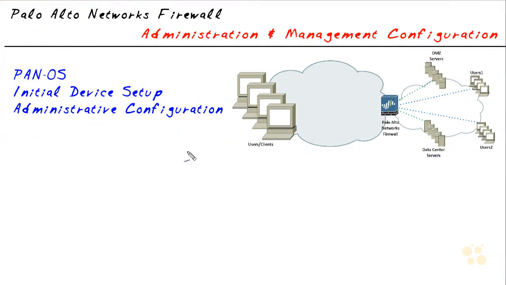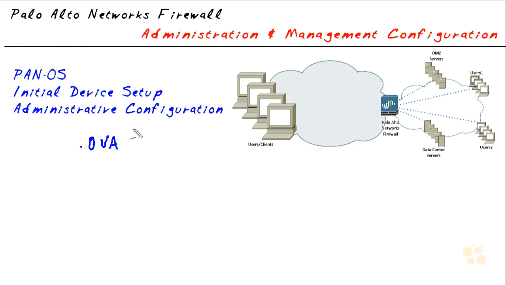Alright, so we've covered the physical side of things. Now we really have the same basic features for our device setup and admin configuration to do on the VM. Now, one of the things, of course, to begin with is an OVA file. That's going to be what is going to actually install the VM100 or whichever version of the VM that we're going to be using onto our ESXi host, onto a VMware NSX host, onto the Citrix SDX, or onto the Linux KVM. Okay, so those are the 4 hypervisors that we have to be able to play with,